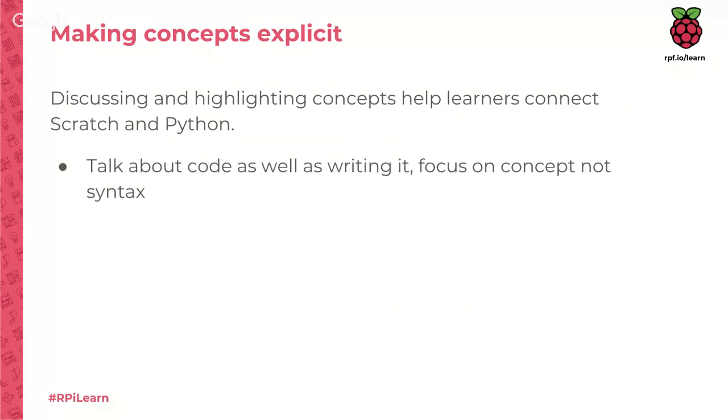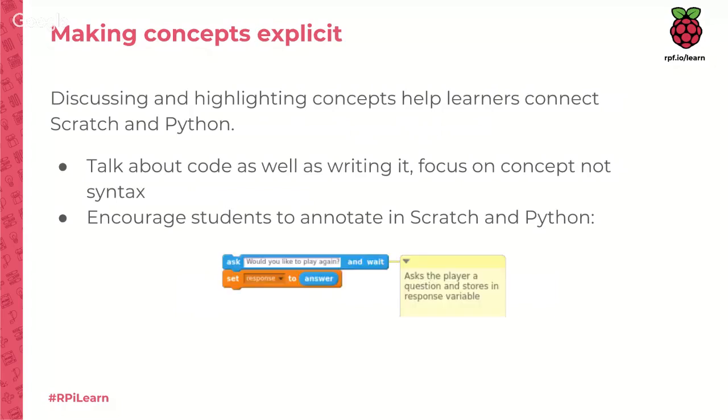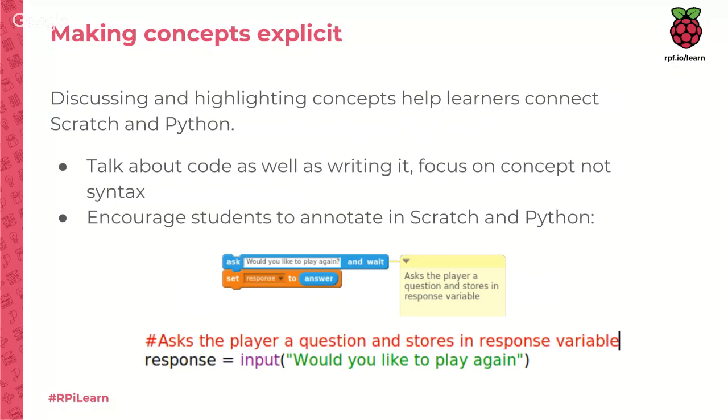So there's a lot of focus on writing code and implementing code, but we should also be talking about it and thinking really carefully about those concepts that happen within it. A nice way to do this is to annotate our code. Let's annotate Scratch. There are lots of projects produced in Scratch that don't feature annotation, and it's a really nice way to draw comparisons between the functionality in Scratch and in Python. Now, that's not to say that in every project students write, they have to annotate every single block of code.